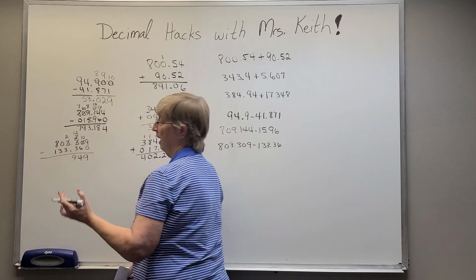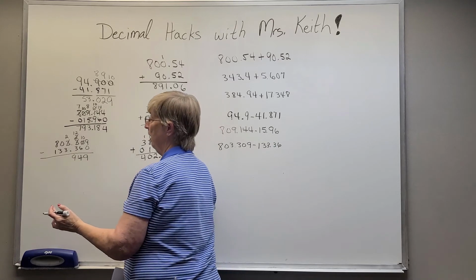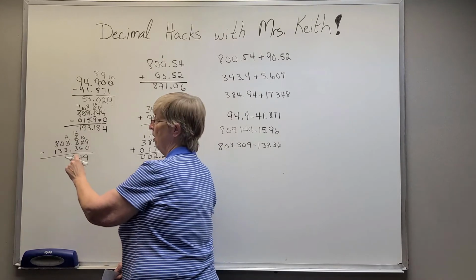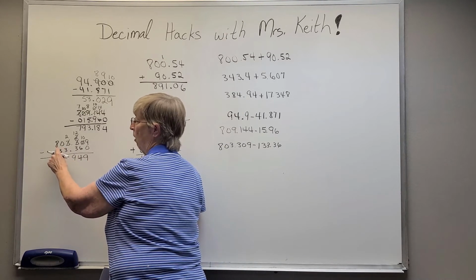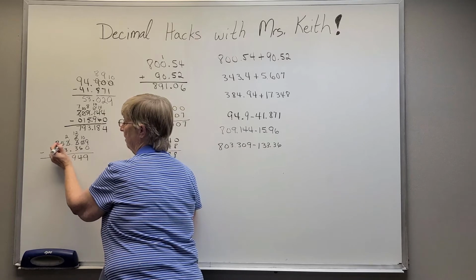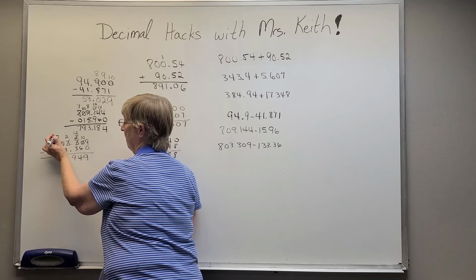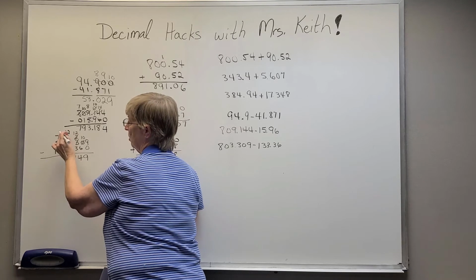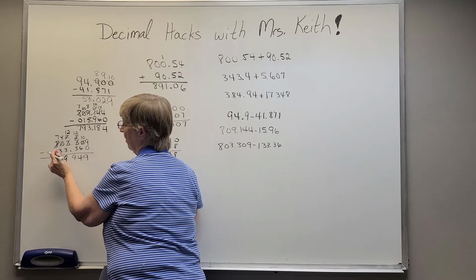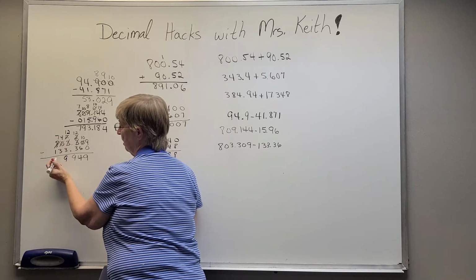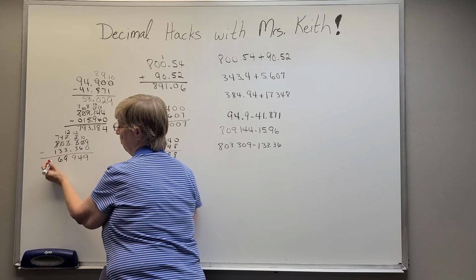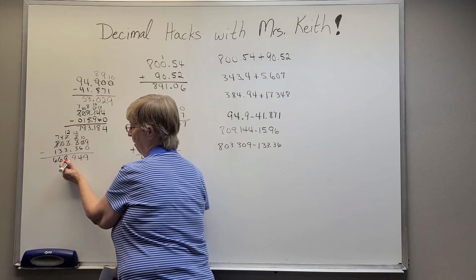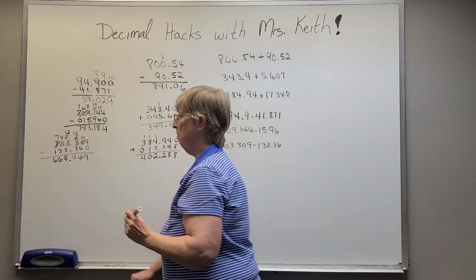2 minus 3, again, I can't do that, so I have to borrow again. But oops, the next number to the left is a 0. I can't borrow from 0, so I go 2 over. I can borrow from 80. If I borrow from 80, it's gonna become 79. All right, now my 2 is gonna become 12. 12 minus 3 is 9. 9 minus 3 is 6. 7 minus 1 is 6. Last thing to do is put in my decimal. I line it up with the problem, so it goes right here. So my final answer is